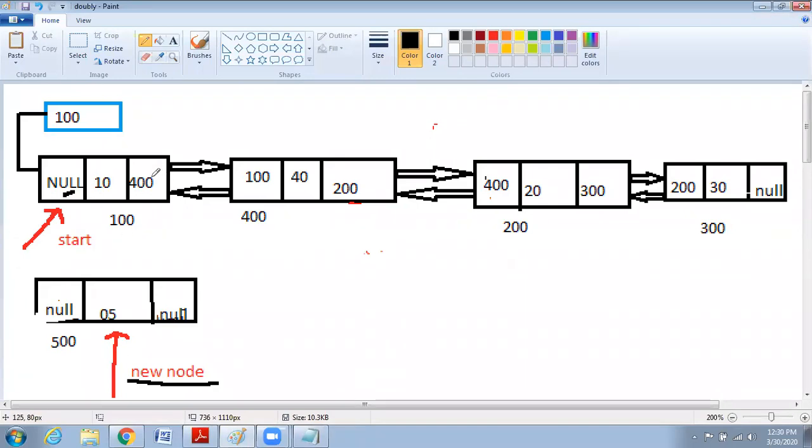Whether temp's right equal to null? No. So I'm taking temp equal to temp's right. I'm coming here. Whether temp's right equal to null? No. So I'm changing temp equal to temp's right. Whether temp's right equal to null? No. Then again I'm changing temp equal to temp's right. Now whether temp's right equal to null? Yes. So I'm stopping here.